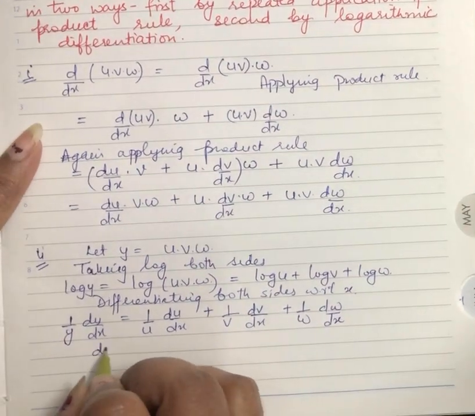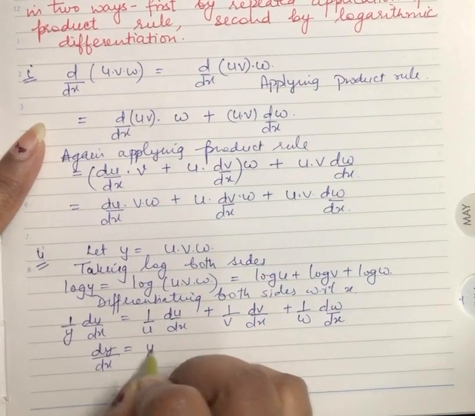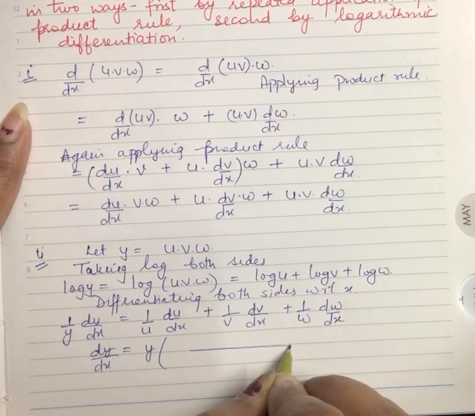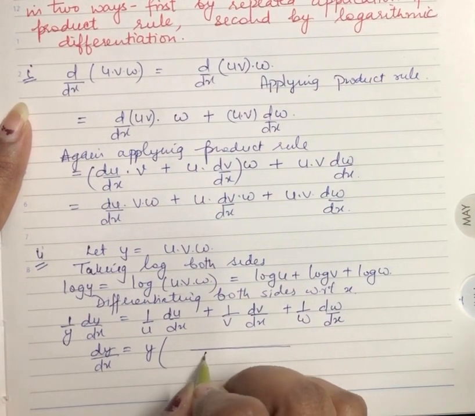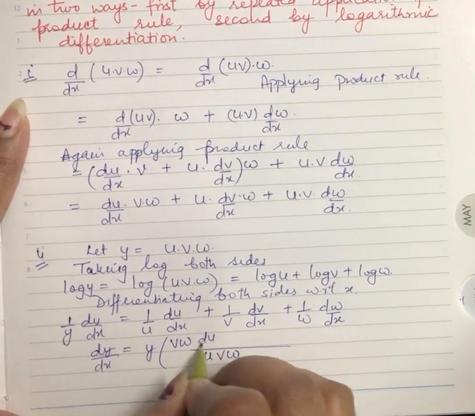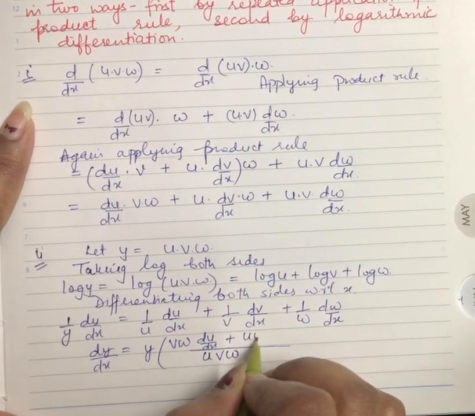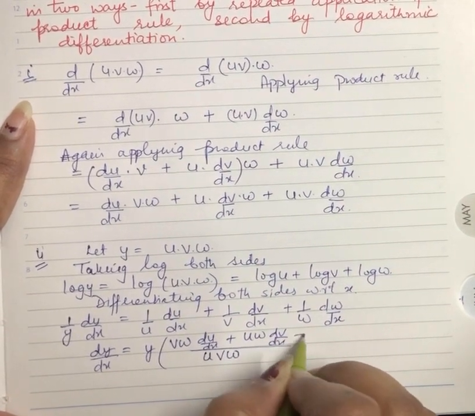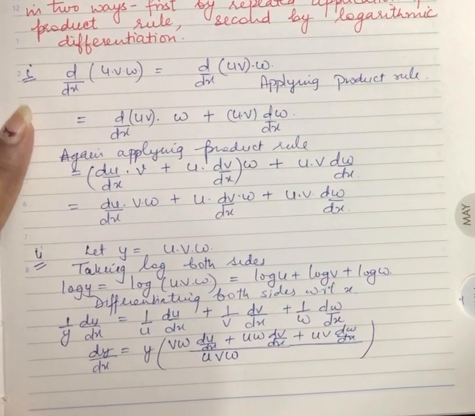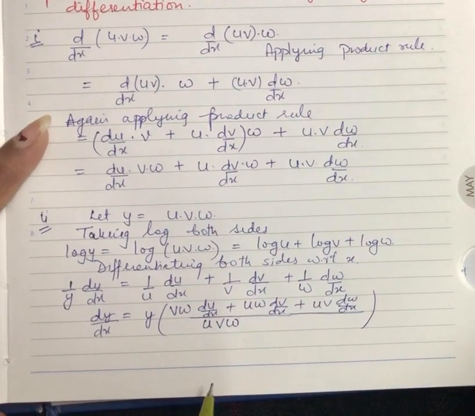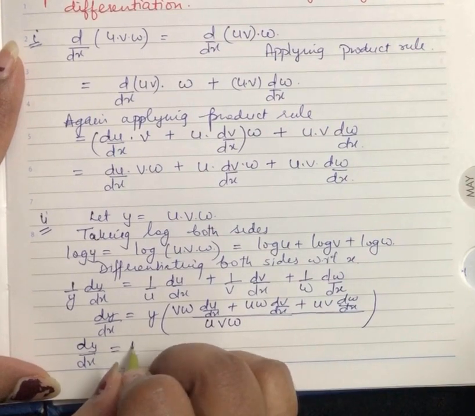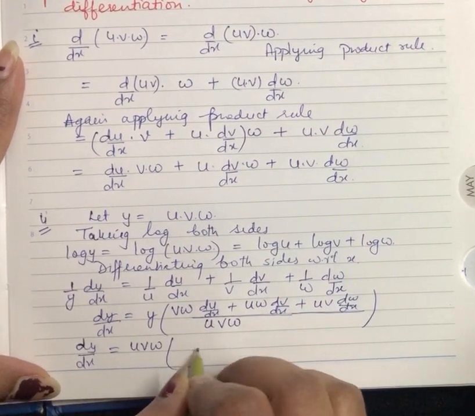So that dy by dx is equal to, taking y to right hand side, and we can take the LCM, we are left with uvw, and here vw du by dx plus uw dv by dx plus uv dw by dx. So from here, dy by dx is equal to, putting the value of y uvw into, this can be written as du by dx v into w